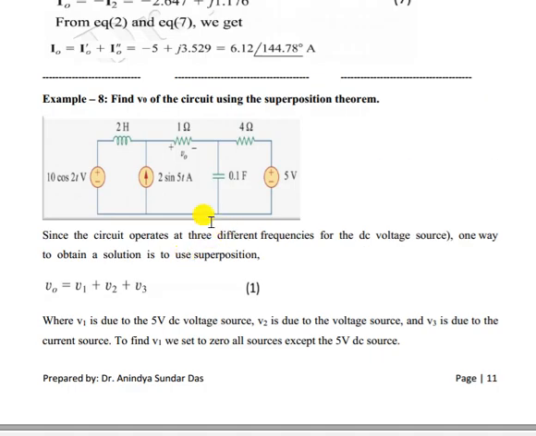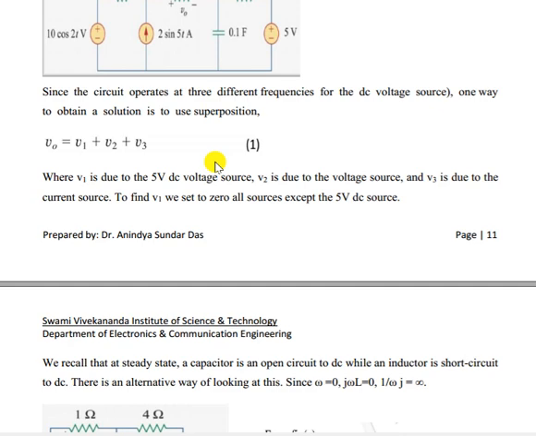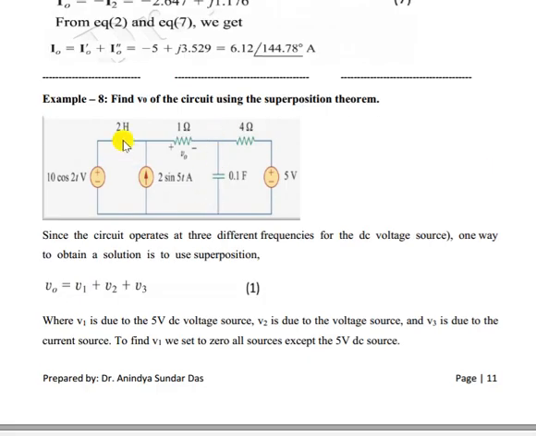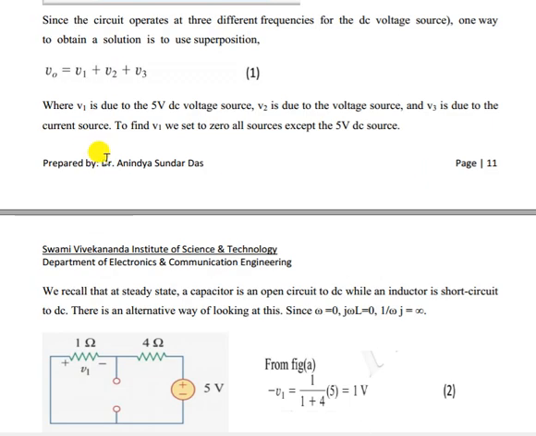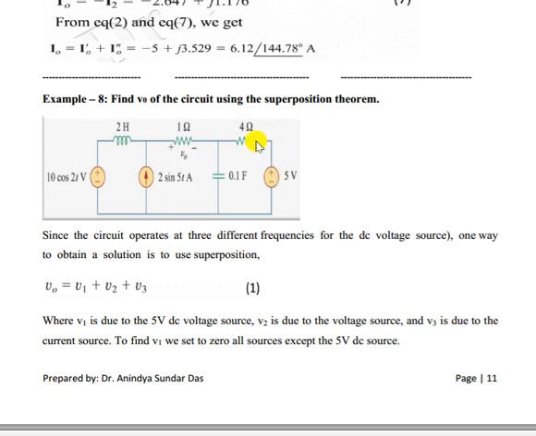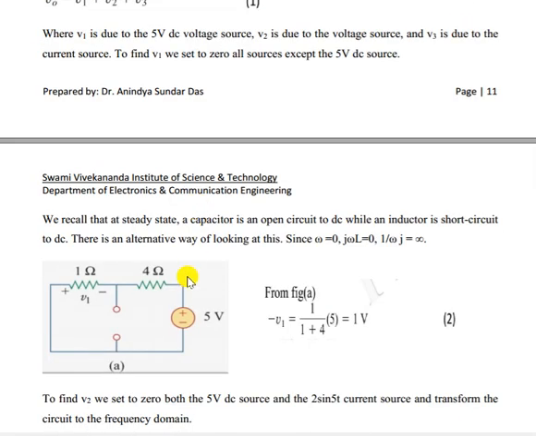Now see here, this is a cosine term, this is a sine term. Now this is a DC voltage source, plus minus 5 volt. If it is a DC voltage source, then what will happen? Capacitor will act as open circuit, inductor acts as short circuit. So we will have 5 volt, 4 ohm, open circuit, 1 ohm, then short circuit. So we have 4 ohm, 1 ohm, and short circuit.